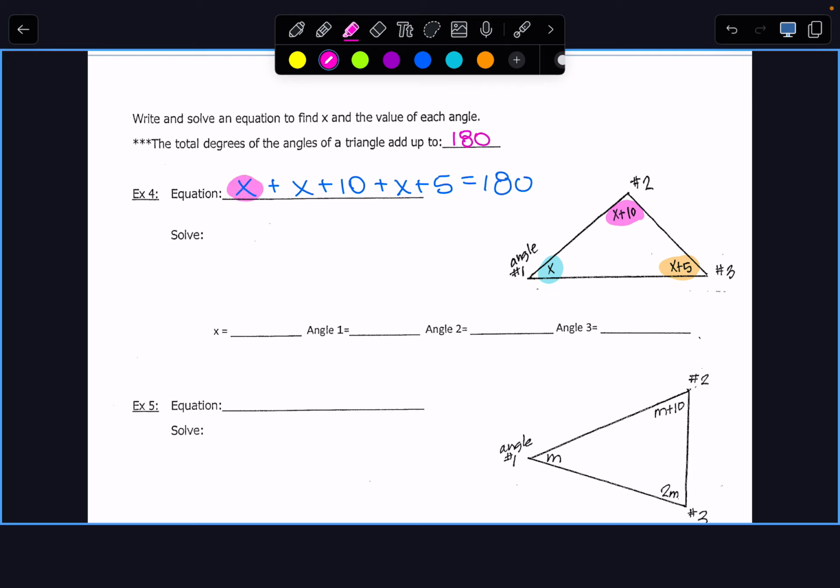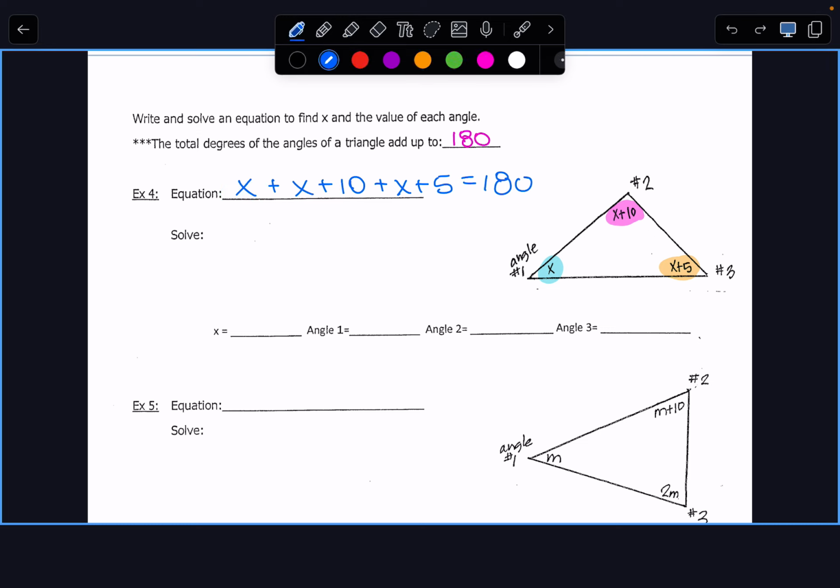Angle 1 plus angle 2 plus angle 3 equals 180. Make sure you have that equation written down for me. Okay, we took our 3 angles and we added them to equal 180. Do you have a question about how I did that? Okay,